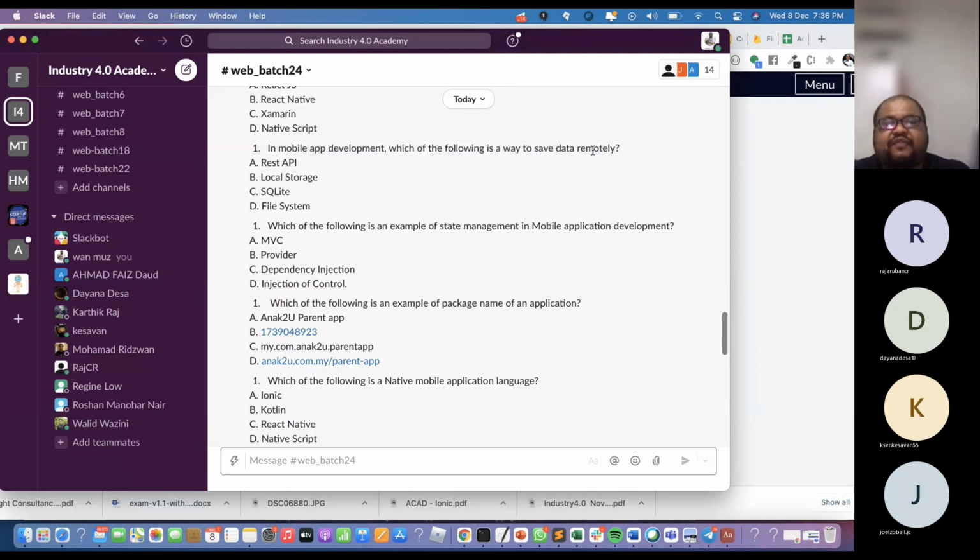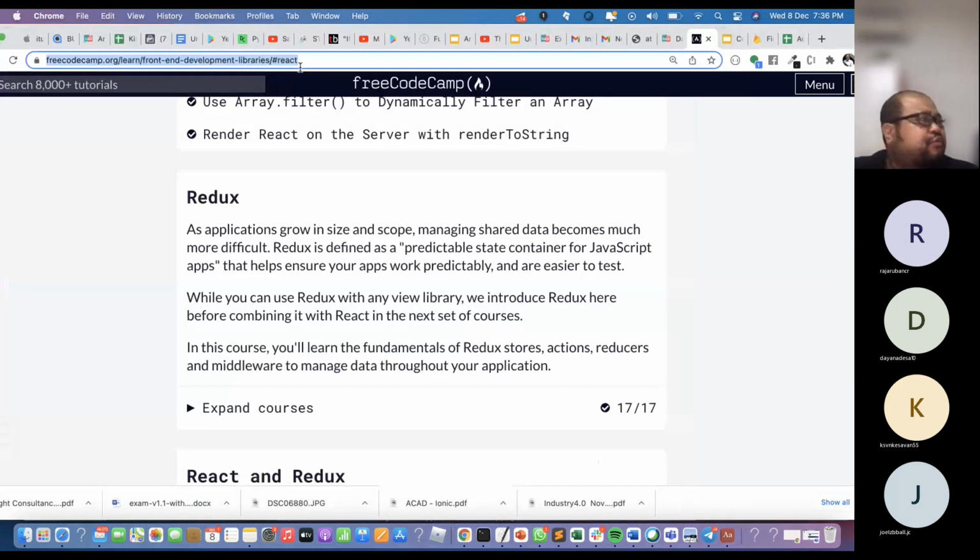Which of the following is an example of a package name of an application? This one we have not done yet, but I should have done it with you. Normally I cover it in the class on business model and submission, but I can explain now so that you understand the answer. If you go to Google Play,